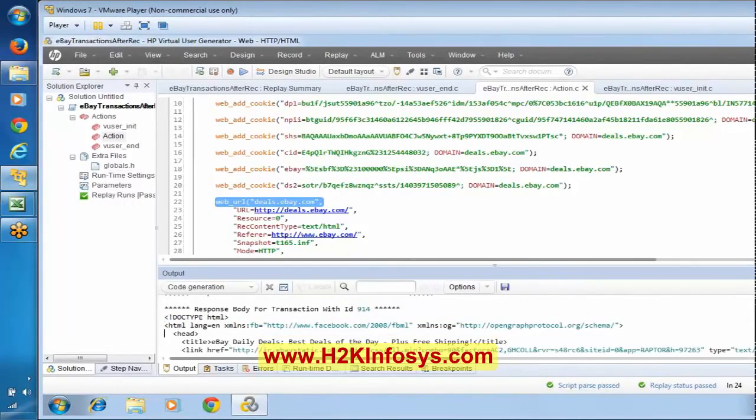Now we'll go here. See here. This is the response body. I think yesterday we copied from this particular place, but somehow it was missed. Now see here, it means we have to use web_reg_find. In which place, in which line do we have to use it over here in the script? Now if you observe here, this is the response body, the response of this particular request.